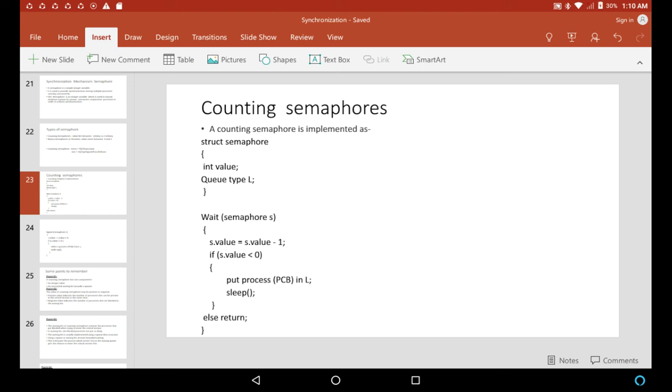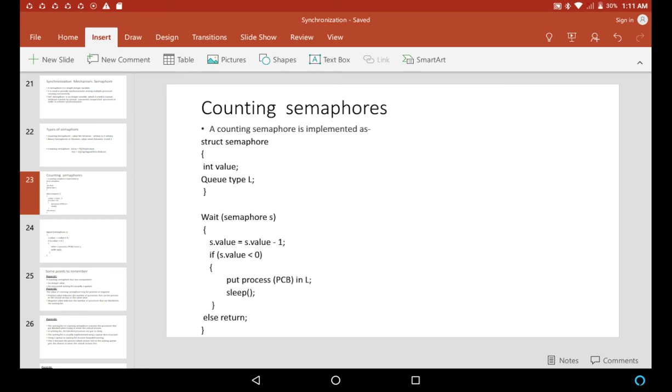Now what if S is equal to 0? That means the current process is there in the critical section, but any process that comes is not allowed to proceed or enter into the critical section. That means this is the last process entering into the critical section. Now the question is how these blocked processes can be unblocked, right? So consider the case P1, P2, P3 are there in the critical section.